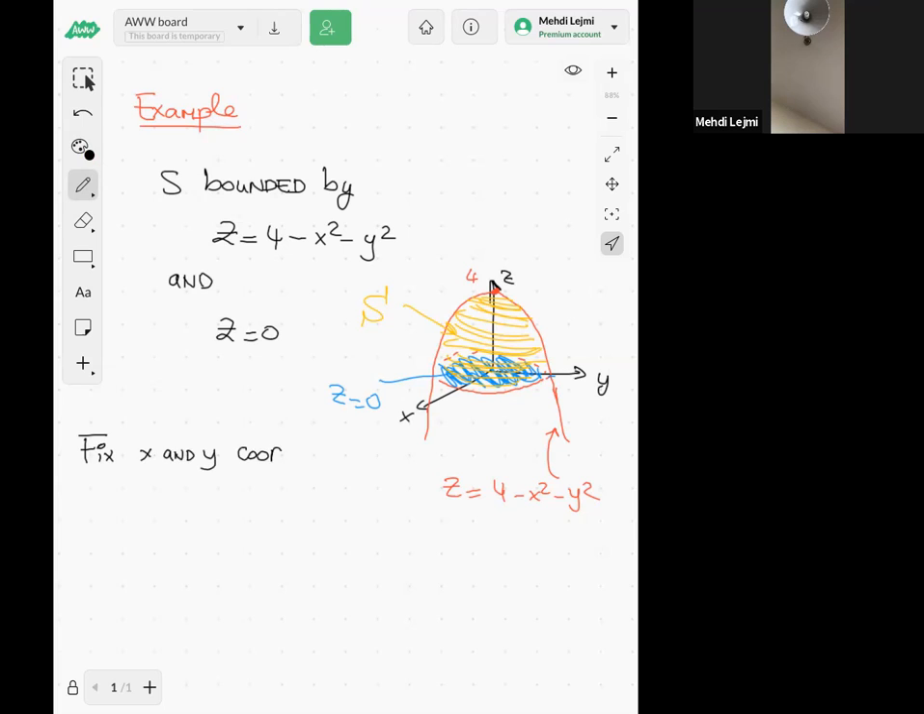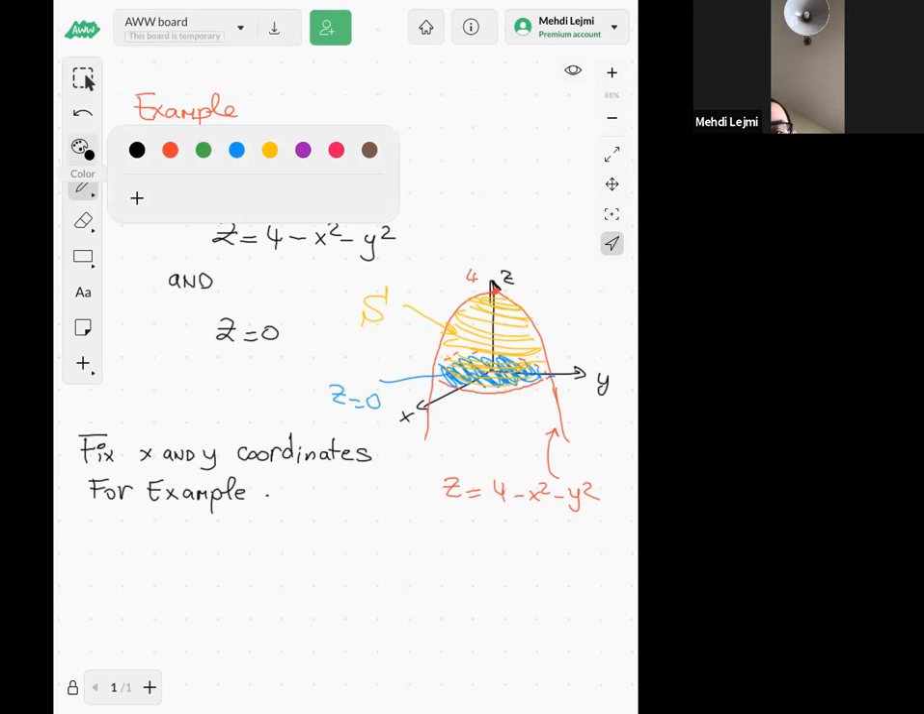Of course, you can also try to fix x and z, or y and z. Here I'm just saying, for example, if you try to fix the x and y coordinates. So what does it mean to fix x and y? Once you fix x and y, you are in the xy plane, so you can take a point here in the xy plane, and you take this line here,